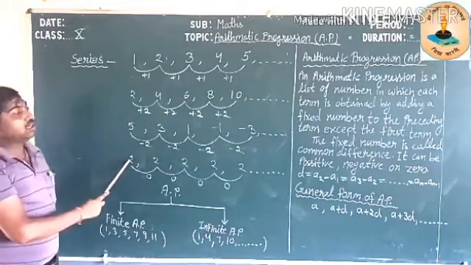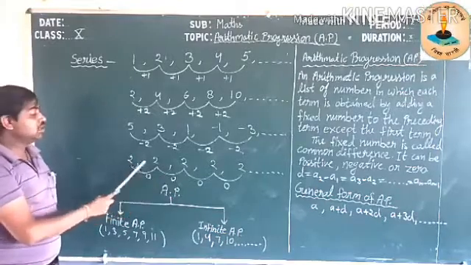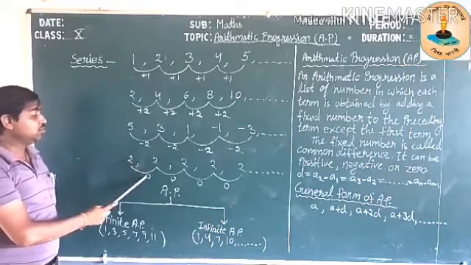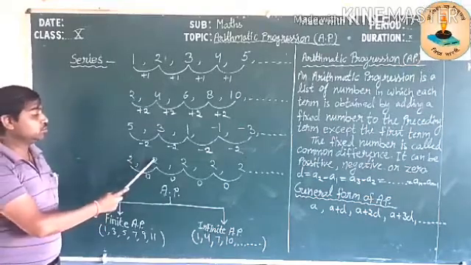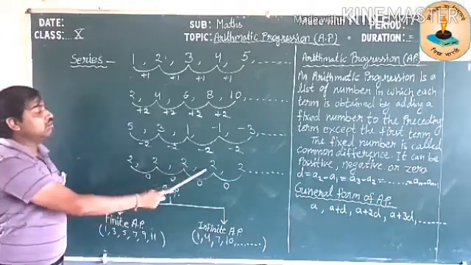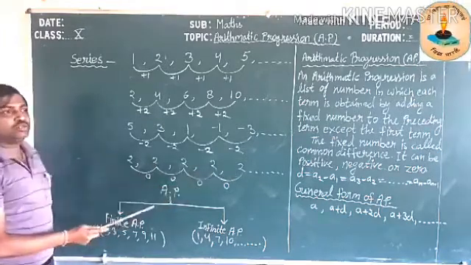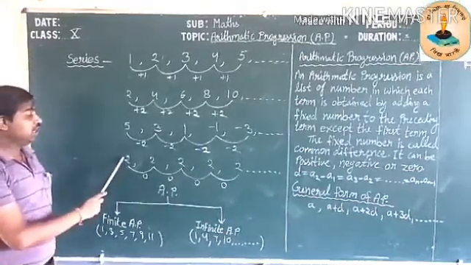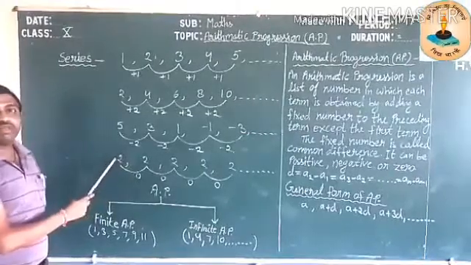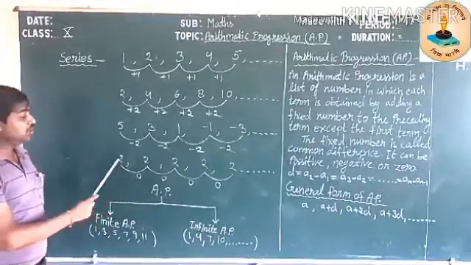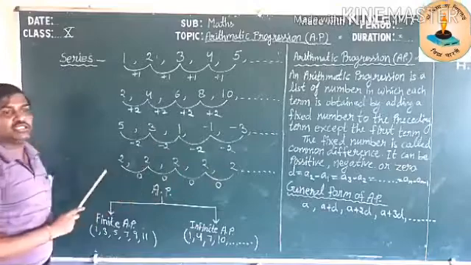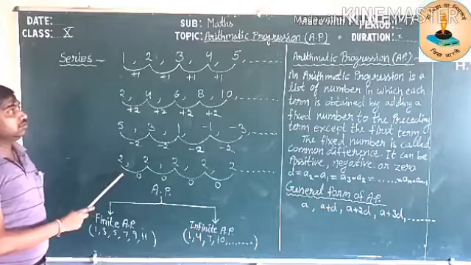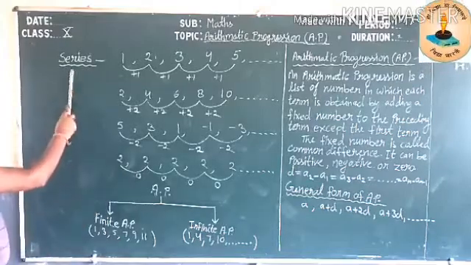Now we have to take another example which has the difference 0. Means when we add 0 to the 2, we get 2. Similarly, all numbers have the same value. Because 0 is the additive identity. Means when we add 0 to any number, we get the same number. Means there is no change in the series. So overall, these patterns are known as series.